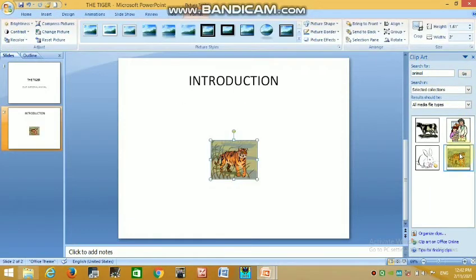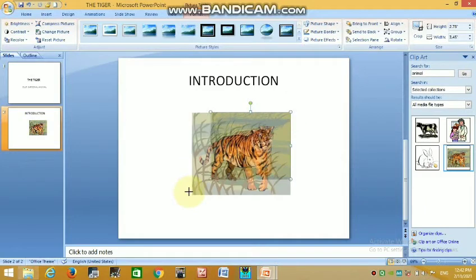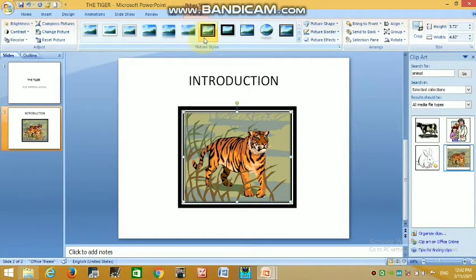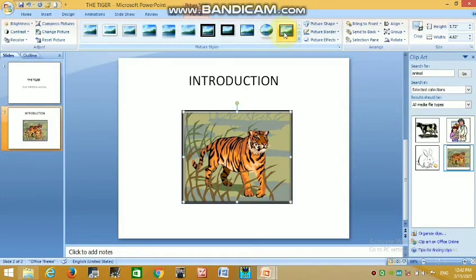By just clicking you add the picture of the tiger. With the help of this you can resize the picture of the tiger. Now you can format the picture, you can give a border with the help of this option. This way you can format your picture.